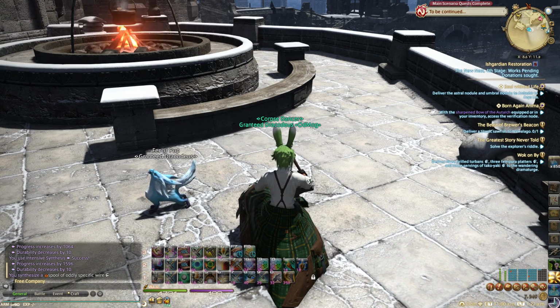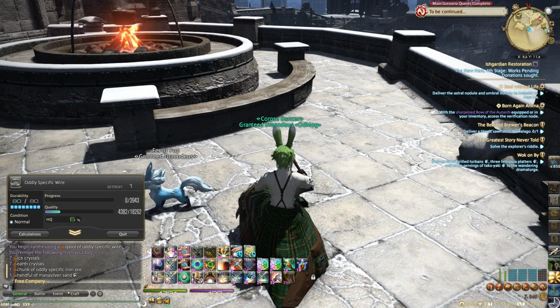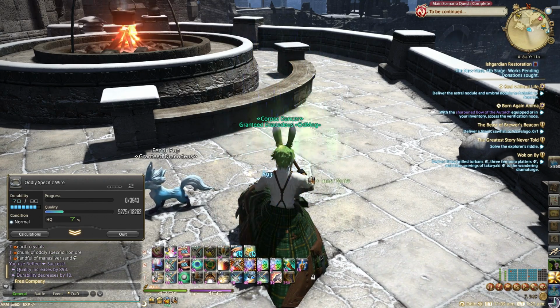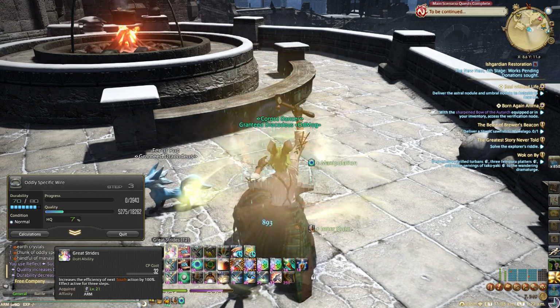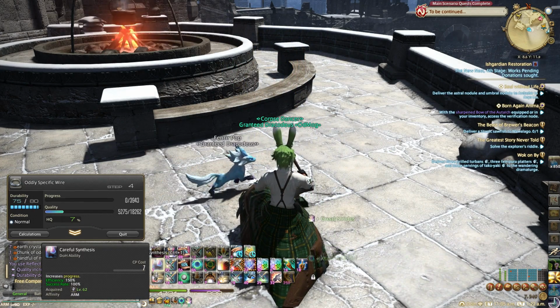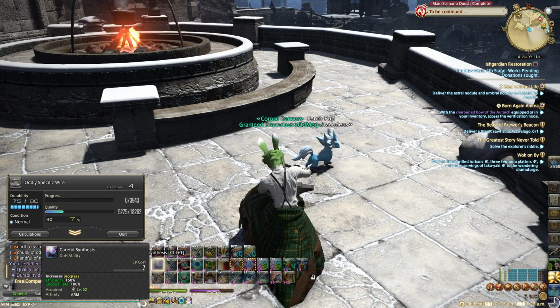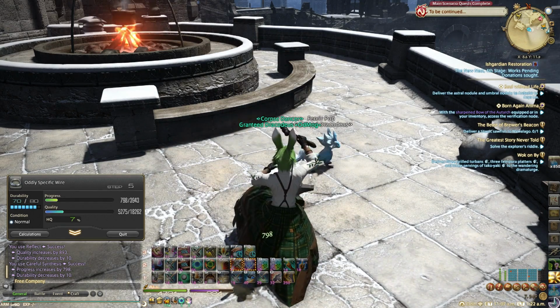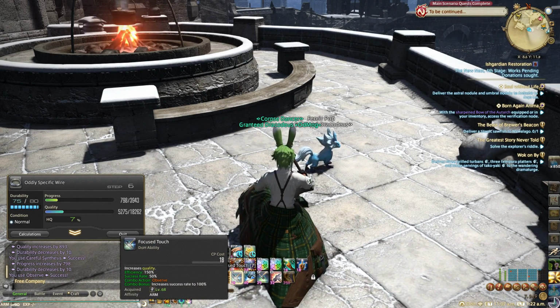And I'll just synthesize a few more just so the rotation really gets in there. So Reflect. Right, no proc. We go with Manipulation, Great Strides. I try to get a bit of progress up there by using Careful Synthesis. Right, nothing going on. We use Observe. We try and jump ourselves ahead. But given that